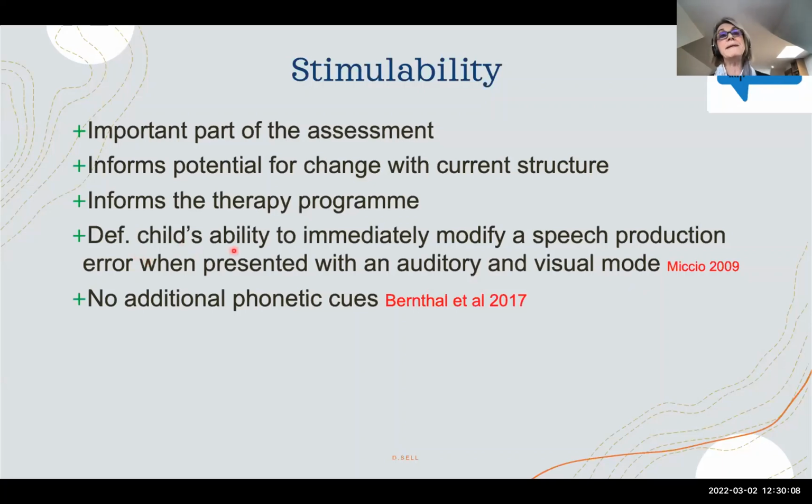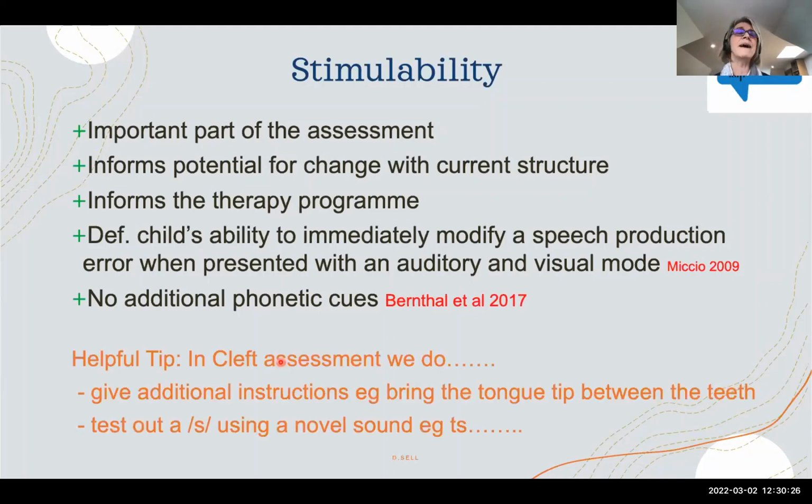Mikio talks about its ability to immediately modify a speech production error when presented with an auditory and visual mode. Bernthal et al. in 2017 said that one shouldn't provide additional phonetic cues. I thought about this and thought, well, hold on a minute. I think in cleft assessment, we do give additional instructions when we're trying sounds out in this part of the